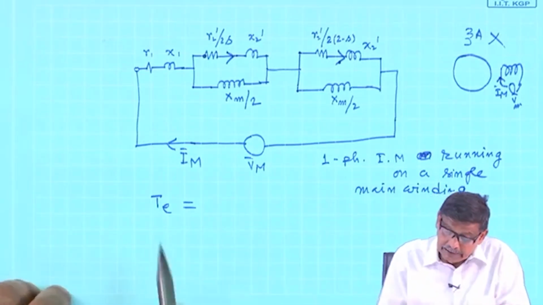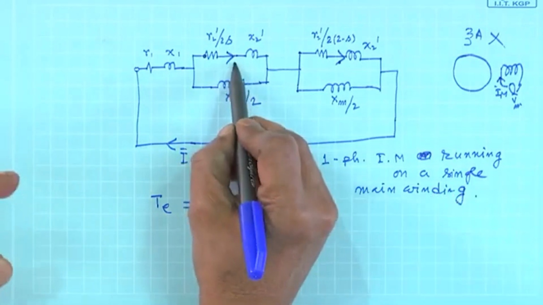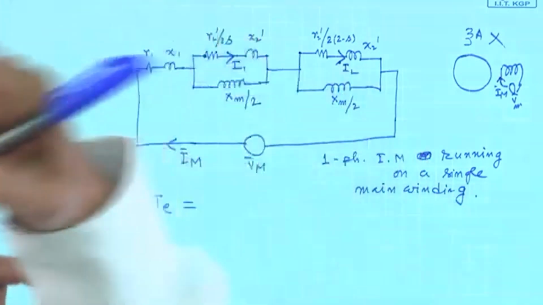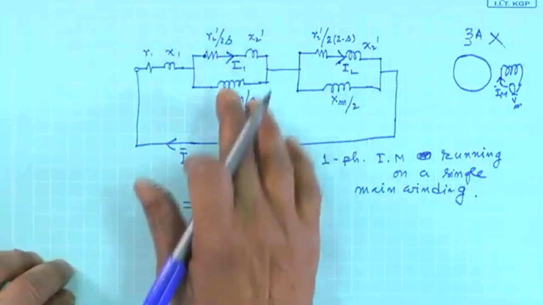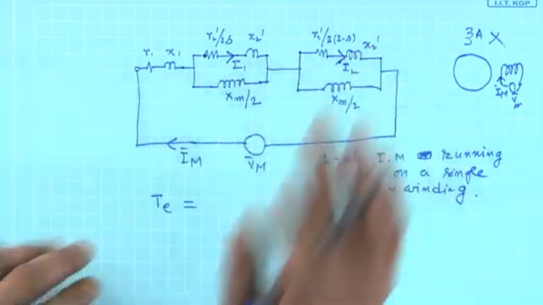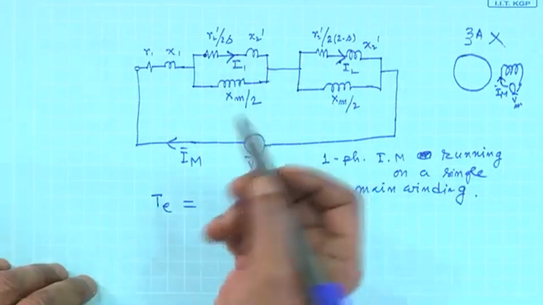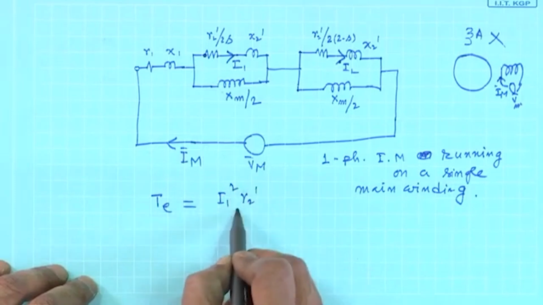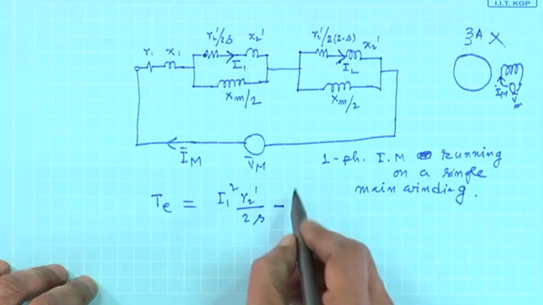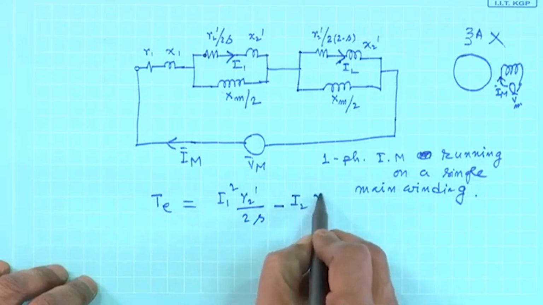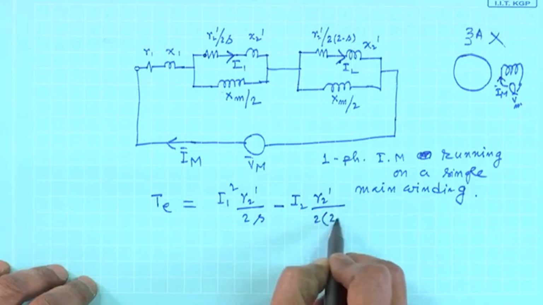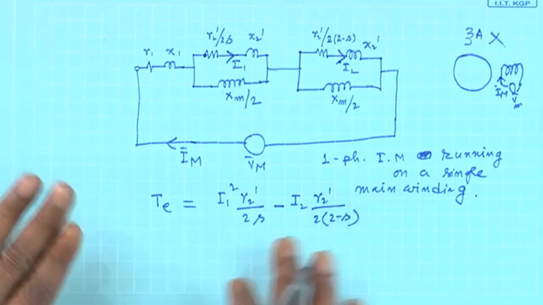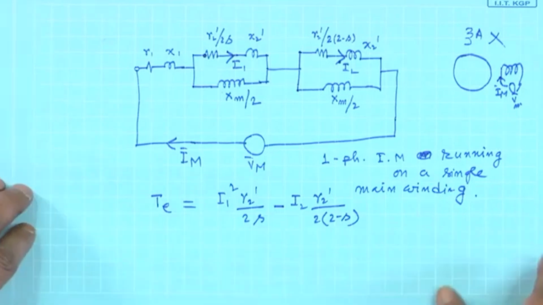Okay. And the expression, now I will just call this current I 1, and this current I 2. Then I will say torque will be I 1 squared into R 2 dashed by 2 s, minus I 2 squared into R 2 dashed by 2 into (2 minus s), in synchronous watt, and the problem is solved. Sometimes it is